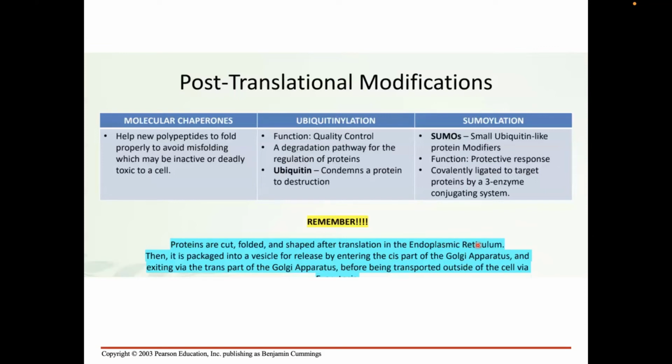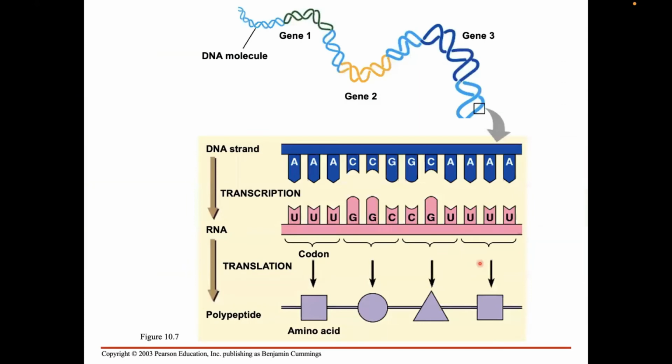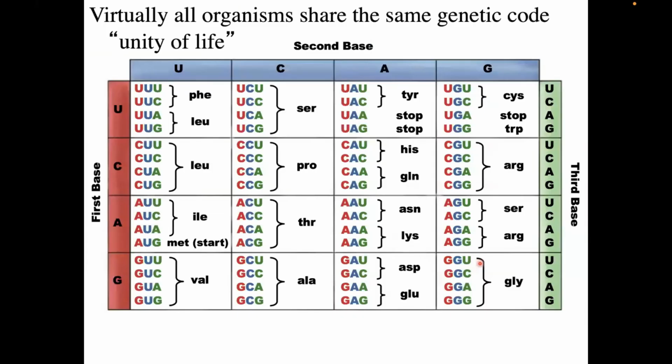Then, it is packaged into a vesicle to release by entering the cis part of your Golgi apparatus and exiting via the trans part of the Golgi apparatus. Saan papasok yon? Sa cis. Kapag saan siya mag-exit doon sa trans. And then being transported outside of your cell. So ito siya. Basically, ito yung summary ng pinag-uusapan nating